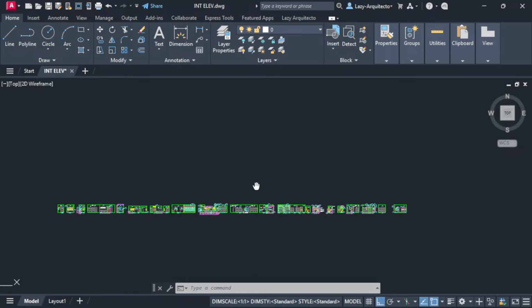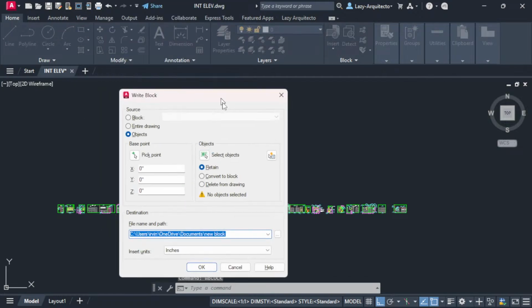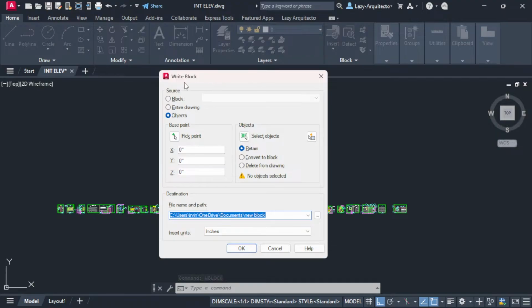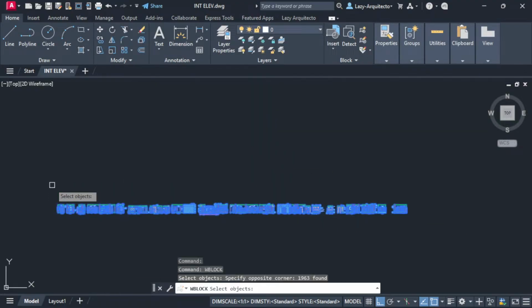Wblock. So Wblock is also another technique to kind of reduce the geometry or the size of a drawing. So I'm gonna use that. So here is Write Block. So I'm gonna say objects. I'm gonna select my objects over here. I'm gonna press enter,